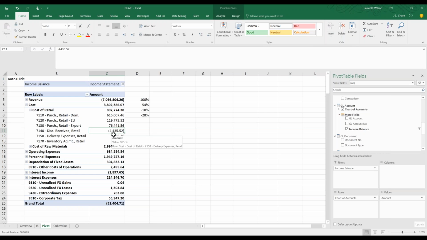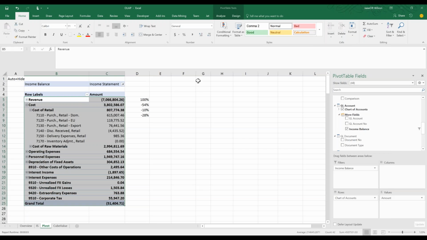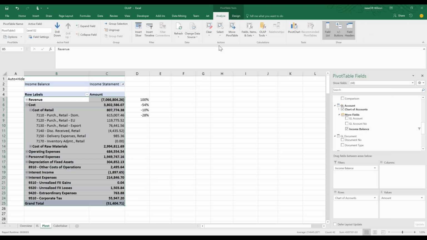So I think that's a little bit of a bummer. Having functions or formulas rather outside of your pivot table, I personally do not recommend this. And in fact, in an earlier tutorial video I did a couple weeks, maybe even months ago now, I showed you how once you get your pivot table laid out the way you want it to, you can go here to Analyze, OLAP Tools, and Convert